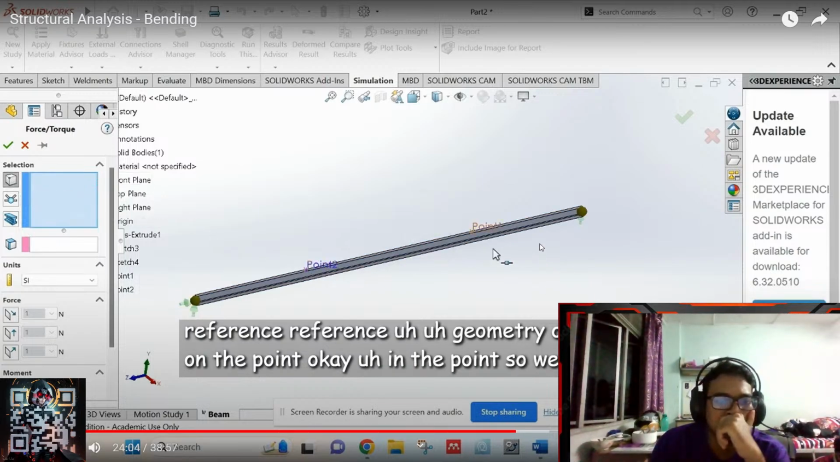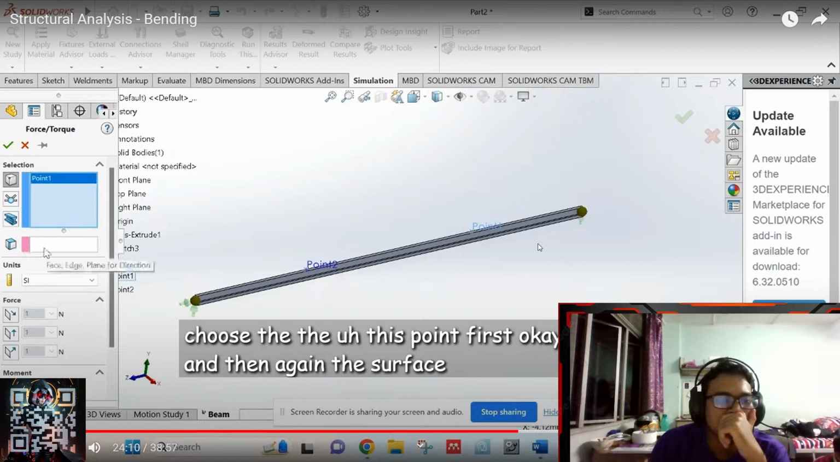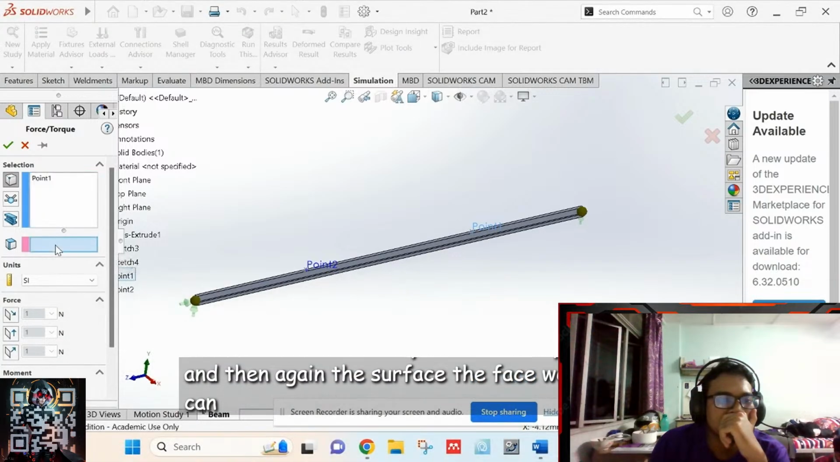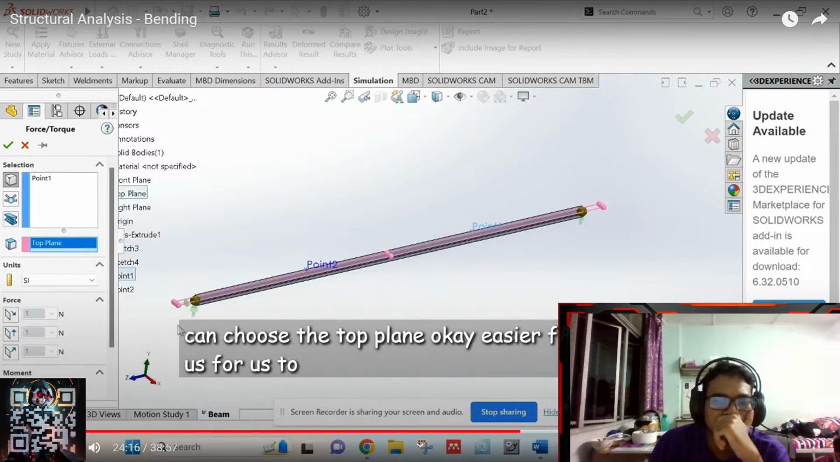In the point. So we choose this point first, okay, and then again the face we can choose the top plane. Okay, easier for us to